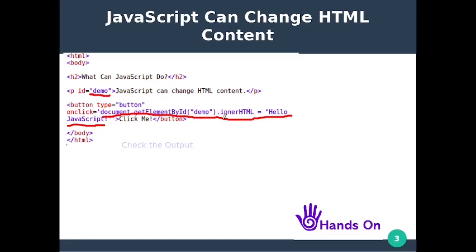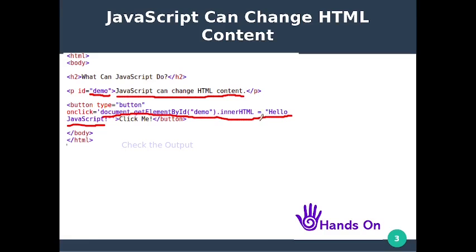And here innerHTML is a property, and we can use innerHTML to access the content that is placed inside the p tag, or the tag that has the demo id.